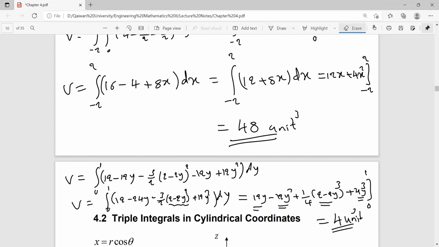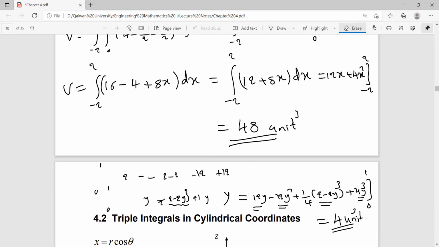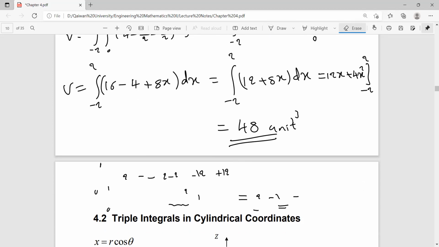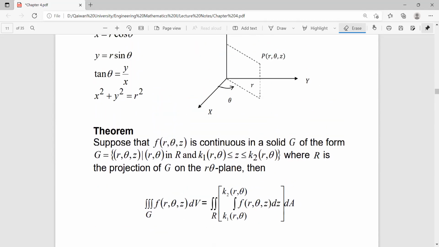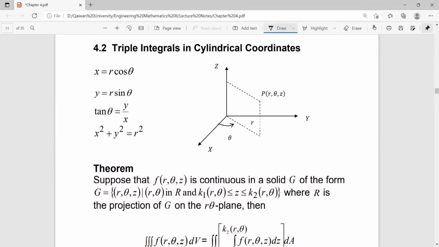Let me clean this one because I have it down above. That's the complement of the previous example. So now we have the triple integrals in cylindrical coordinates. For the triple integrals in cylindrical coordinates,